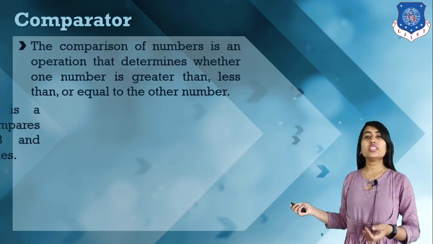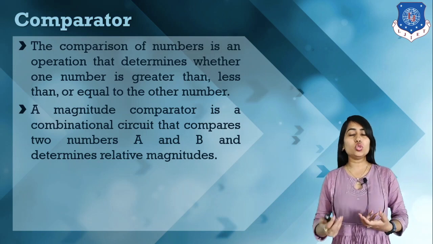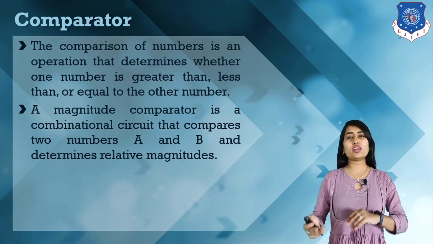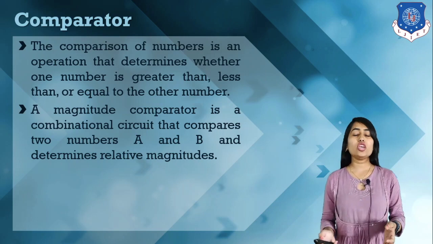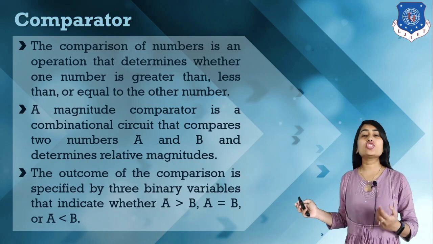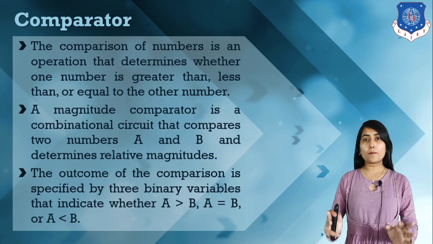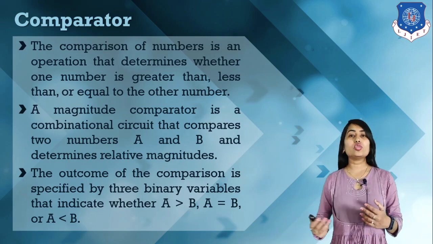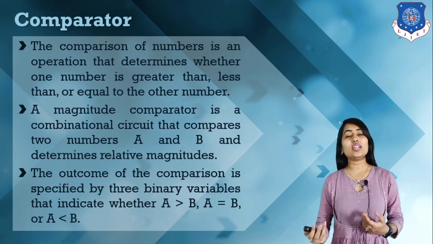So this comparator gives us an idea, if we have two numbers and we compare them, that after comparison the first number is either greater, less, or equal. A comparator is a combinational logic circuit which compares two numbers, and then we have an output according to this comparison, that either the first number is greater than the second number, or less, or equal.